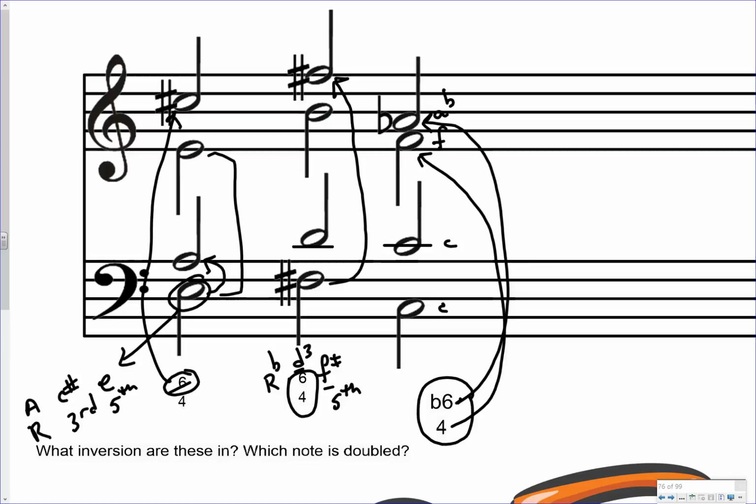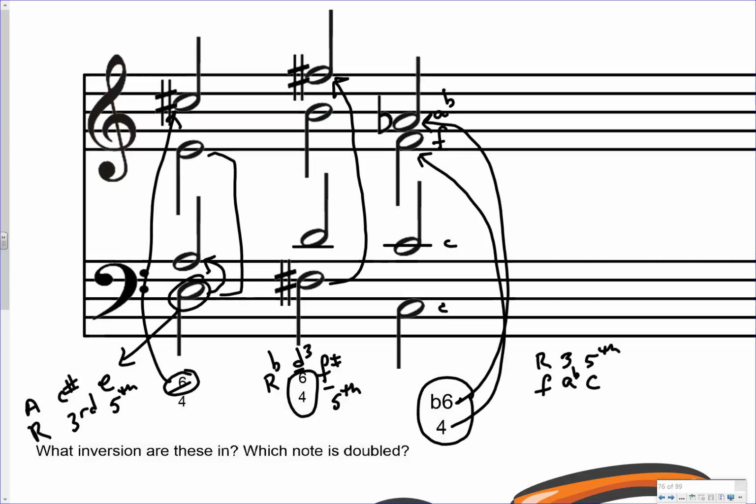This is a 6-4 because it's in the figured bass, meaning it's second inversion. So the bass should be doubled, and the bass is the 5th. So I know that the bass is the 5th, which is a C. That means the 3rd is going to be the A flat, and the F will be the root. This is an F minor triad with the 5th in the bass, which is C, making it a